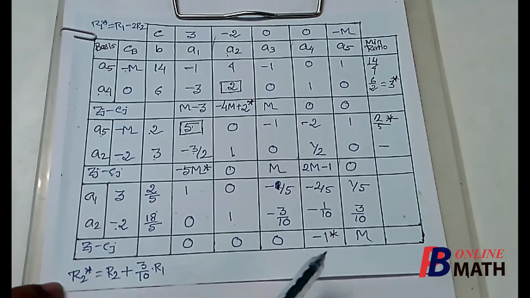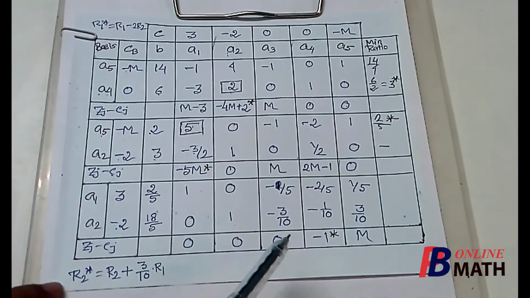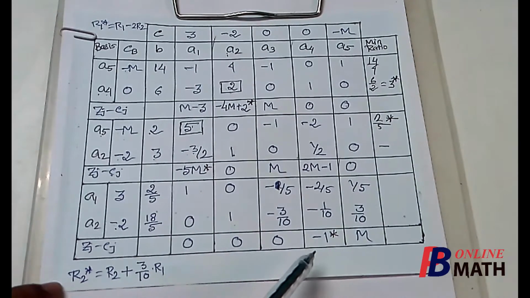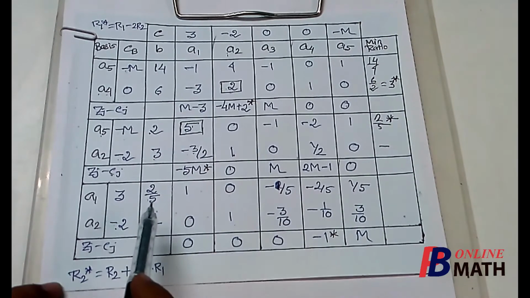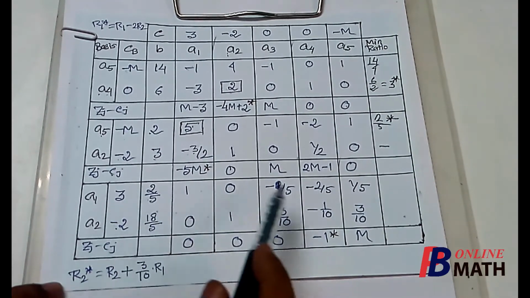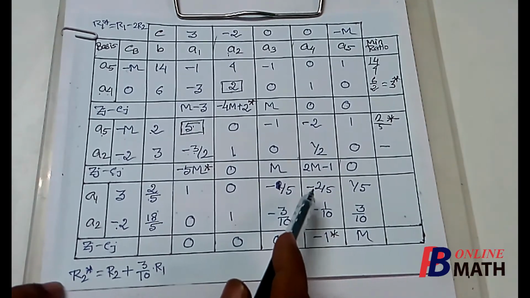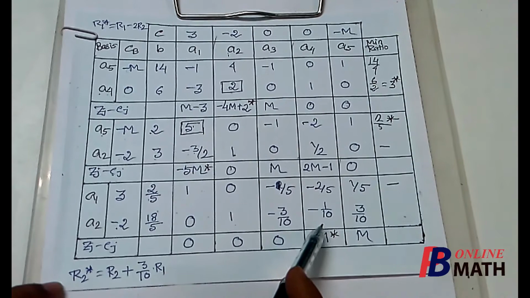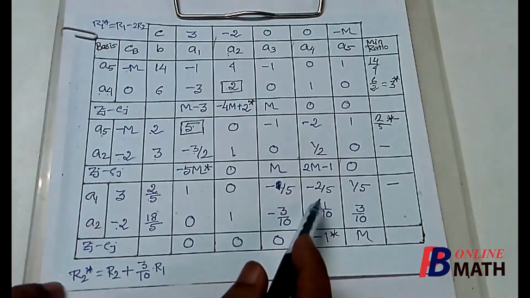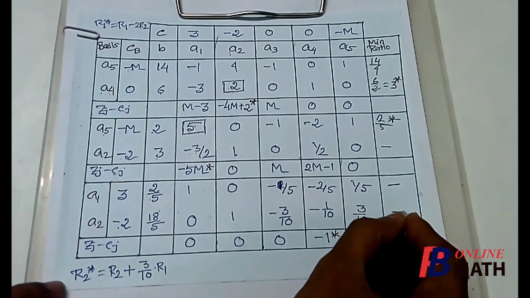Therefore we have to find a modified solution. For that the vector a4 will enter the basis. Next we have to identify the vector which will leave the basis. For that we have to find the min ratio, and to find the min ratio we have to find the ratios. If we compute the first ratio, it is 2 by 5 divided by minus 2 by 5, which is minus 1. But we shall not consider a ratio which is negative or infinite, so this ratio cannot be considered. We find the next ratio, which is 18 by 5 divided by minus 1 by 10, so it is again negative, so we shall not consider this ratio also.